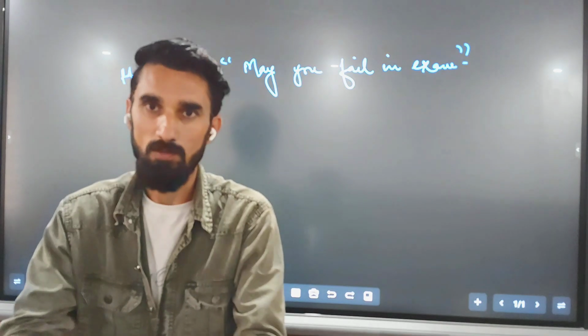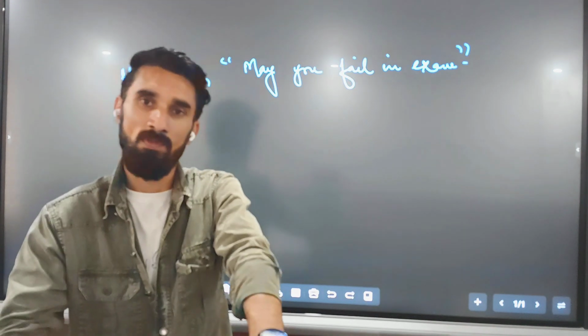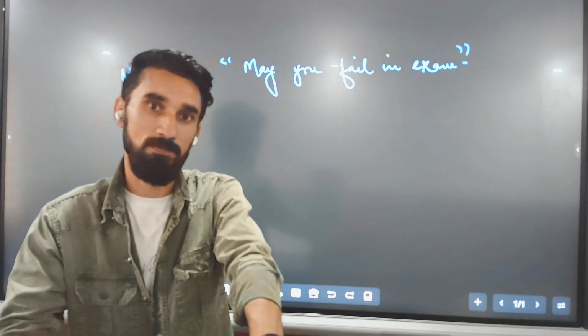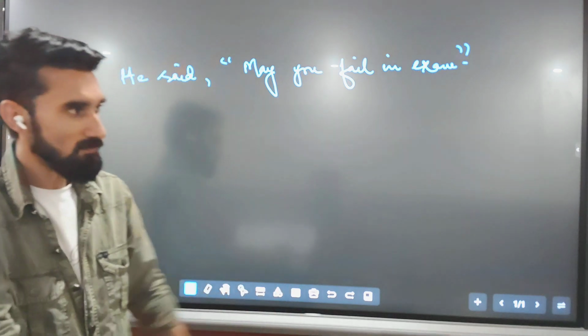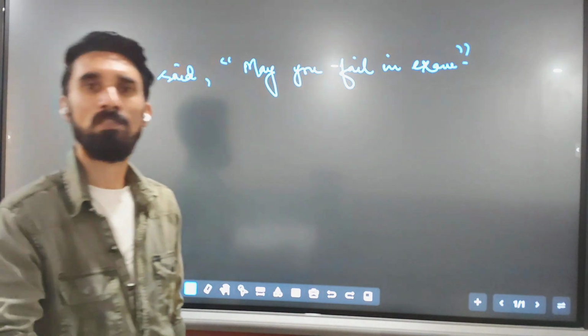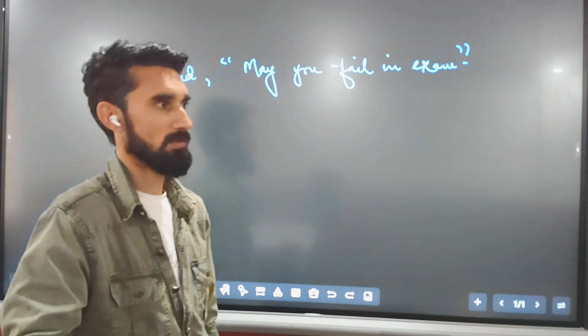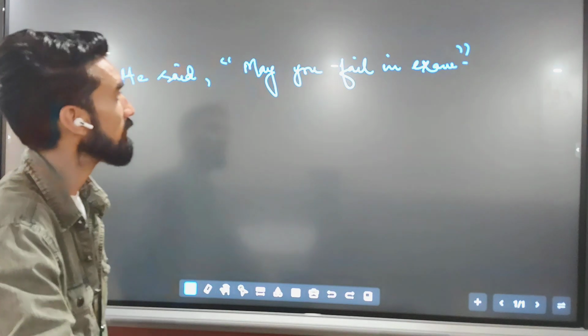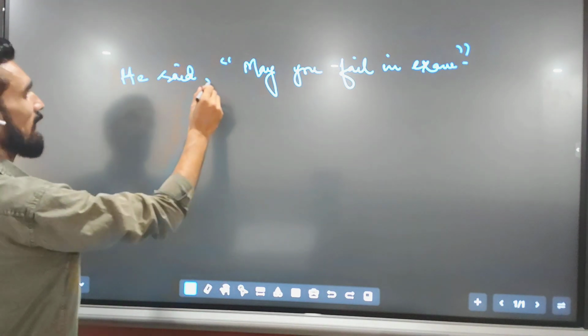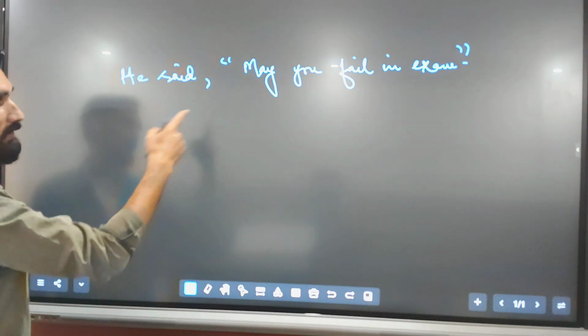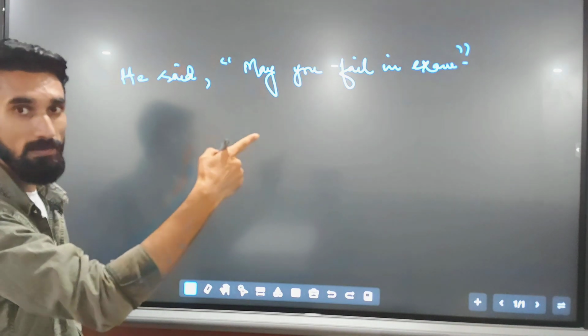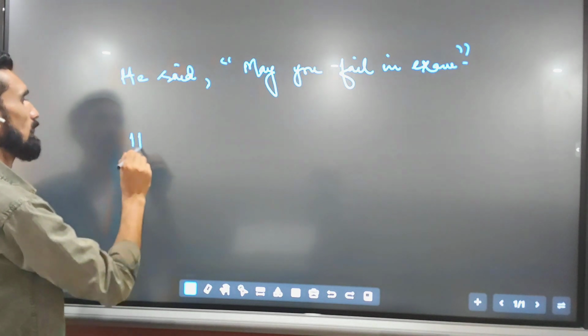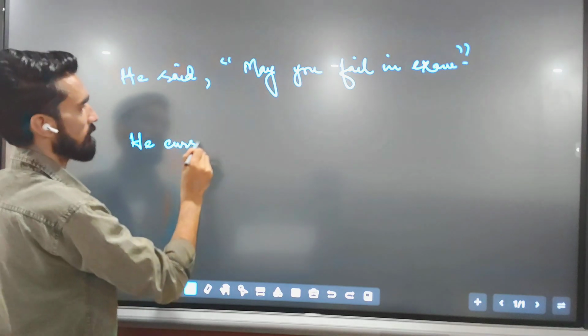This again belongs to an optative category and it has, of course, a curse in it. Curse means not good wishes for someone, but when you are expecting some bad thing to happen to someone, and it is a curse. He is wishing for some bad thing to happen to you. So he said, may you fail in exam. So it is a curse. So it will be, he cursed me